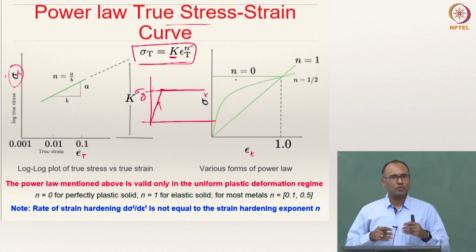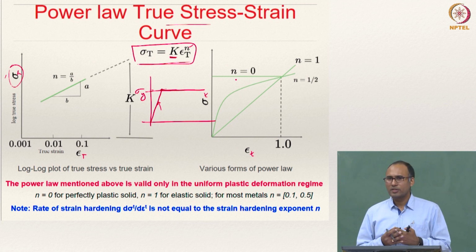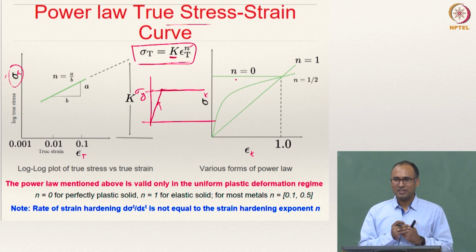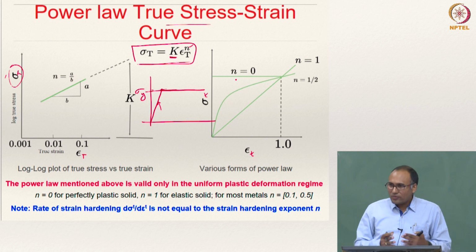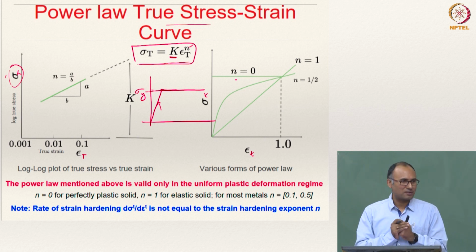Several times when you want to test the behavior of materials in the plastic regime, when you are writing your own numerical codes, the simplest possible thing is to do this. So, you study the behavior of the system when the material is elastic perfectly plastic, because you do not have to worry about hardening, right, because you do not know much about the hardening behavior. And hence you try what happens if it is perfectly plastic, which is an ideal case.